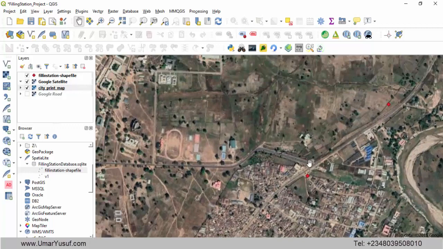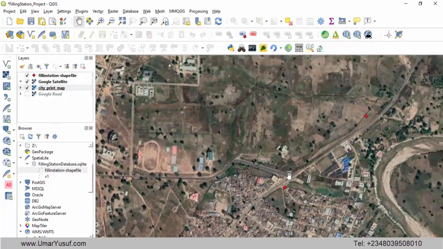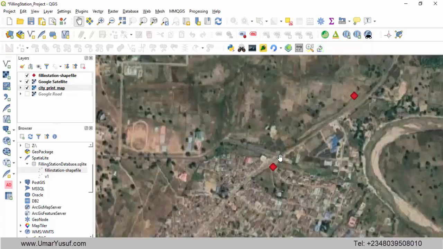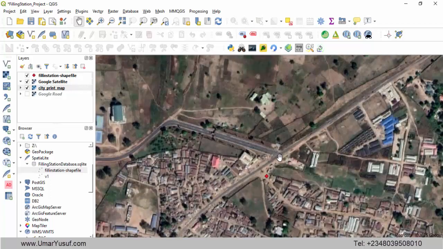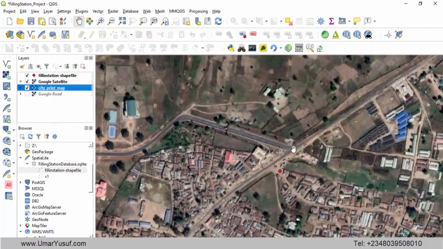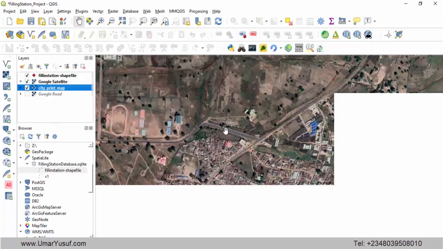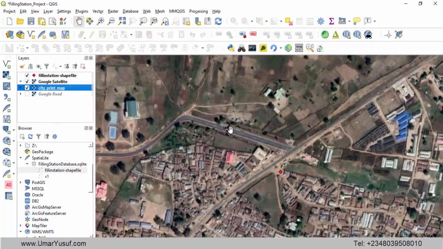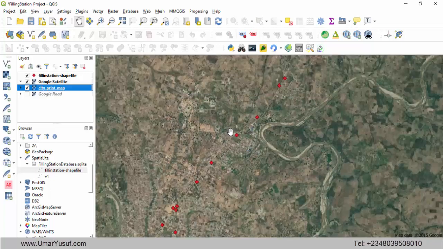Here, I'm familiar with the environment, so it is easier for me to locate the school gate. The school gate is somewhere here. This is the road that leads into the campus. So from this entrance gate, we need to find the filling stations that are within 5 kilometers from the school